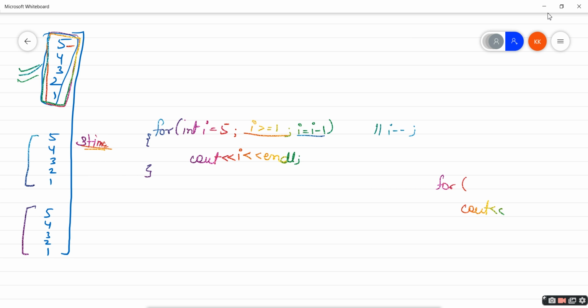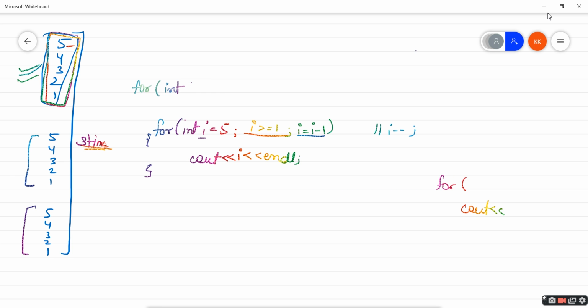We need to have an outer for loop to repeat this for loop how many times? 3 times only. So I will use a different for loop and make sure to give a different name, because this is i, and if I give the same name i, it will be confusing because both the variables are local variables, right?